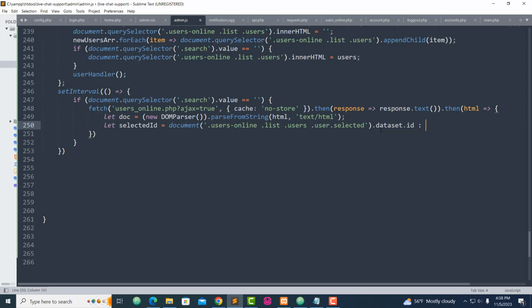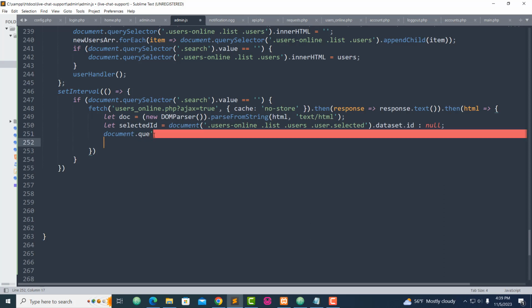Oh, it's supposed to be no right here. Document that. Where we at? Okay. Let's select it ID, document, users online list, user that selected, data set ID, no, yes, document query, oops,